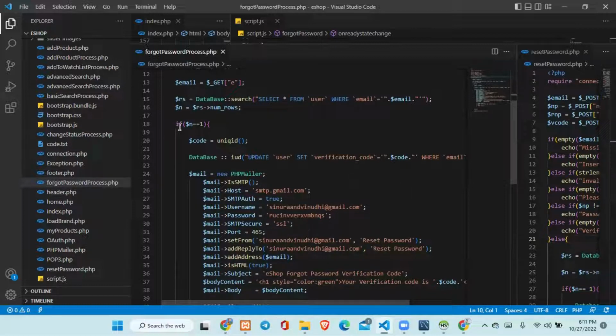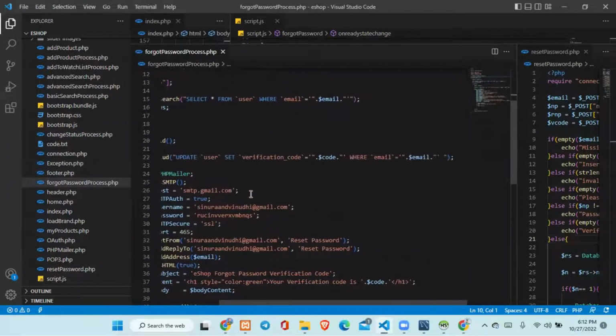Over here in the if, I have told if $n, the $rs, these things, if $n equals 1, and I have told $code, that means the unique ID should come. And I have told the database to update the user, that means the user table, with the verification code column, and the verification code column should be this $code, that means the unique ID,